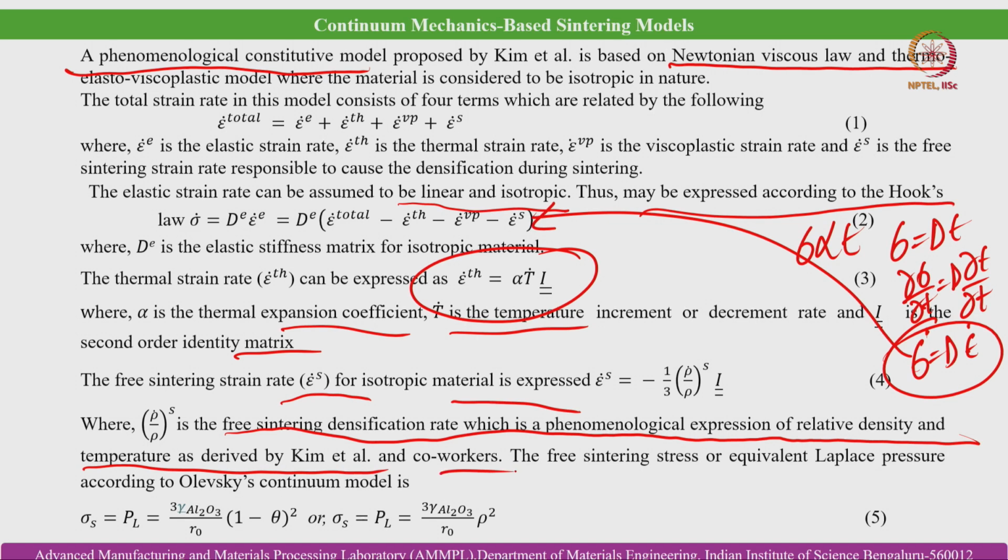And co-workers. The free sintering stress or equivalent Laplace pressure according to Olevsky's continuum model is sigma s is equal to P L is equal to 3 gamma by R 0 times (1 minus theta) squared, or sigma s is equal to P L is equal to 3 gamma by R 0 times rho squared. Okay. So, here this is basically the porosity term, that is theta, and 1 minus theta is the densification term. So, this is a brief overview of the continuum mechanics based phenomenological constitutive model of sintering,